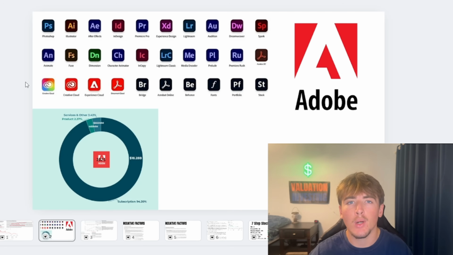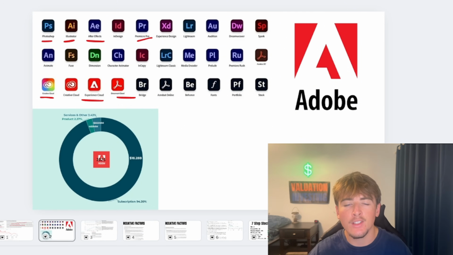Taking a look at all the products that Adobe has, we can see they have Photoshop, Illustrator, After Effects, Premiere Pro. They have all these products that they offer through their software: Creative Cloud, Experience Cloud, and Acrobat. They have so many things for people to buy, which gives people a good reason to buy into the software and keep the subscription, in which 94%, it says right here, is subscription-based revenue. So this company has a lot of recurring revenue, which is a pretty good sign to me. I personally like companies that have subscription-based revenue because you can pretty much count on the company continuing to